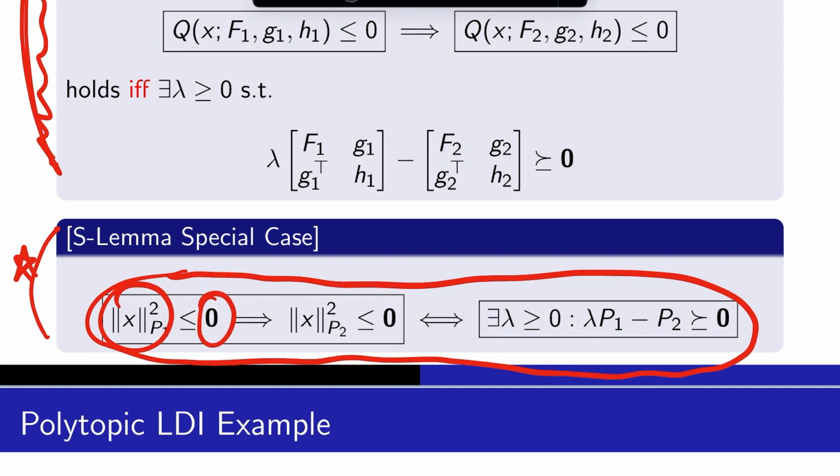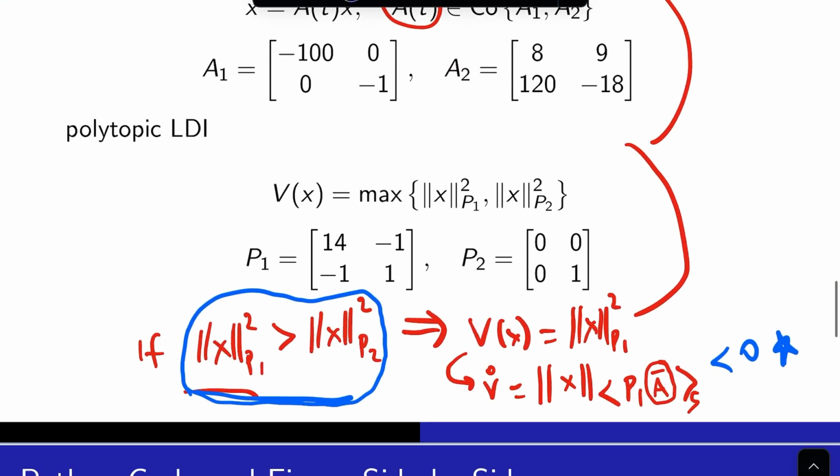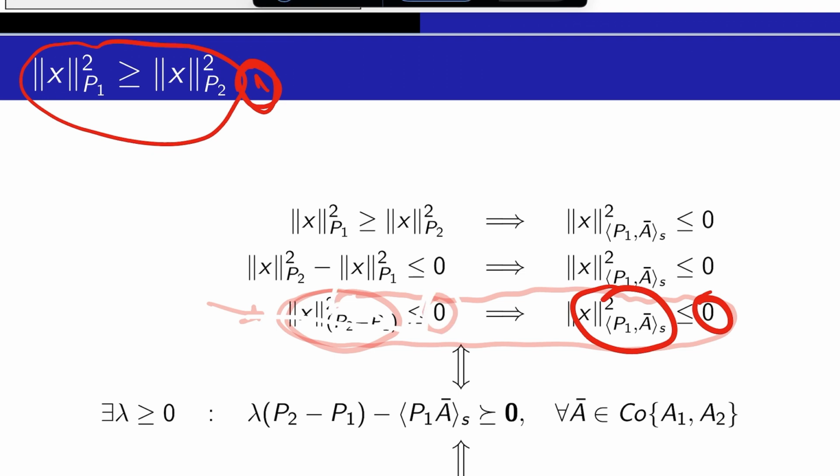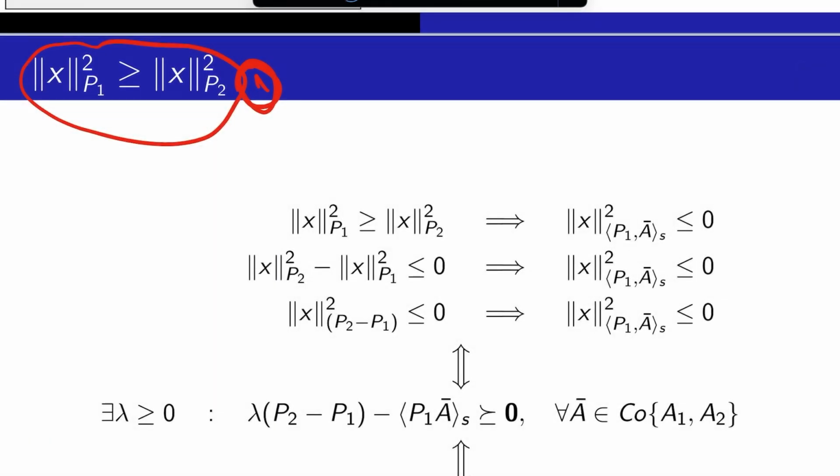Some quadratic form less than 0, and again some quadratic form less than 0, and then there exists lambda. Yes, here, this is the left hand side. Some quadratic part less than 0 implies some quadratic part less than 0. And then if and only if, we have if and only if here,